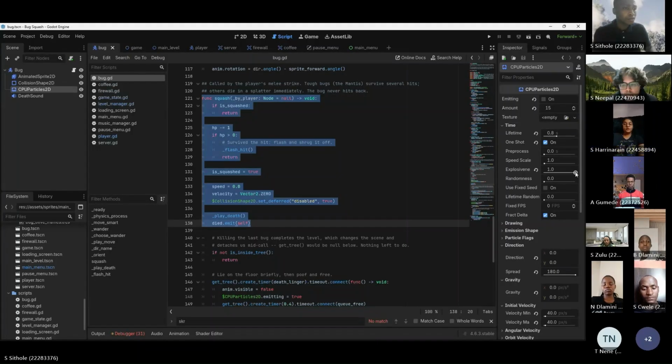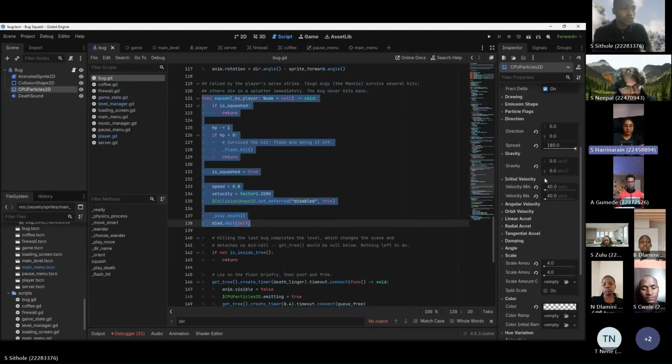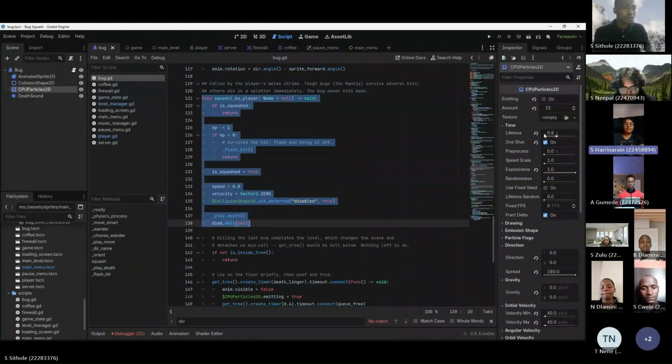We turned gravity on the y-axis down to 0, so the smoke stays in the same area when the bug dies instead of just dropping down. Then we also used a property called lifetime, and we set that to 0.8 seconds so that the script waits for a brief moment for the cloud to bloom, hides the bug sprite, and then completely deletes the